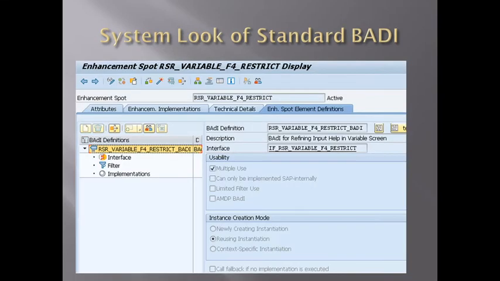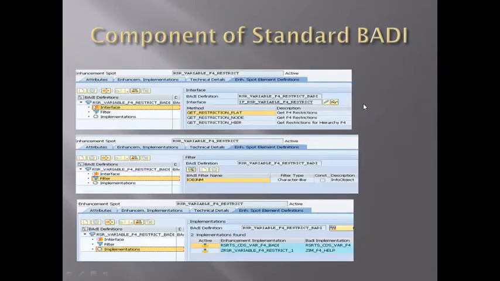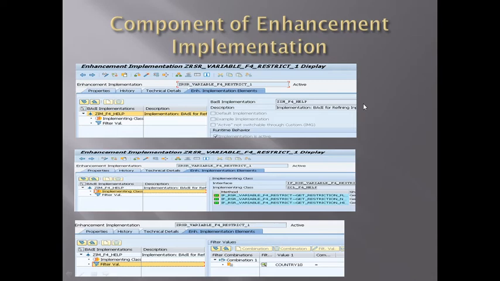Now we will look at how this section looks in the system. To create enhancement implementations, we have the code SE19 where we can create them. After creating the enhancement implementation, we have to create the BAdI implementation. After we create the BAdI implementation and implementation class, it will look like this.